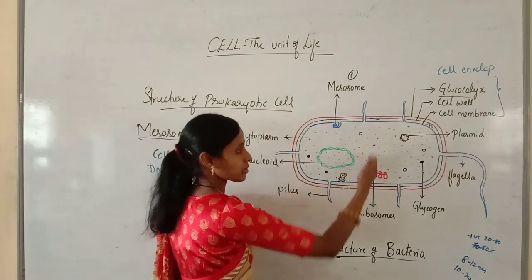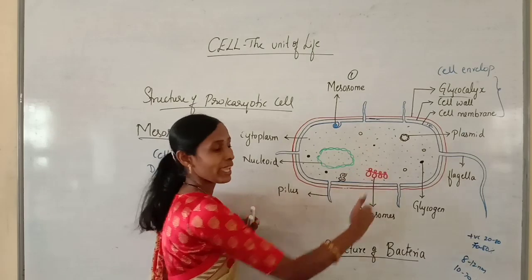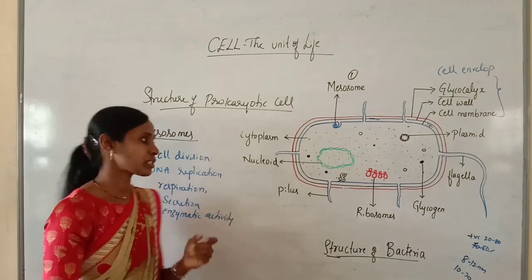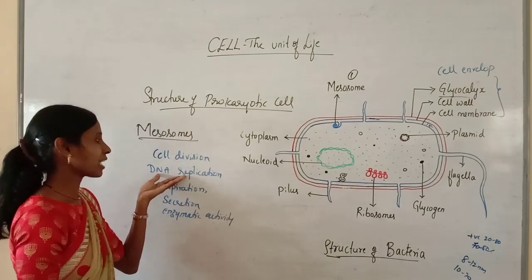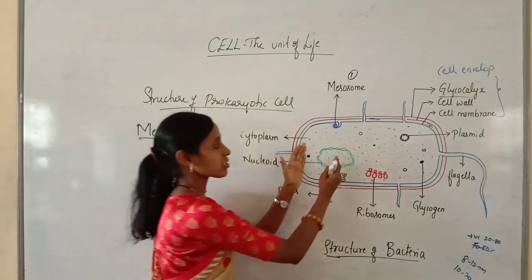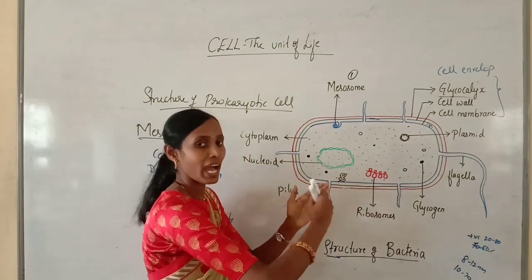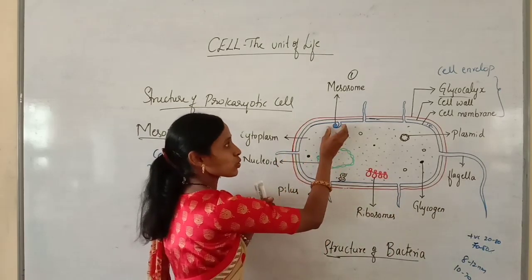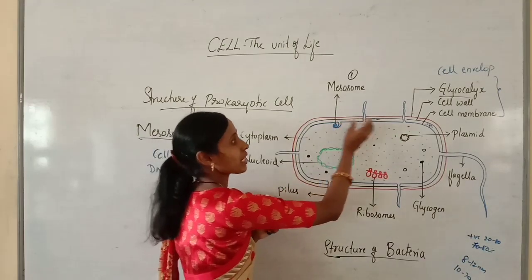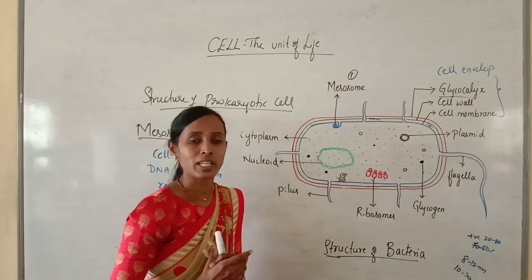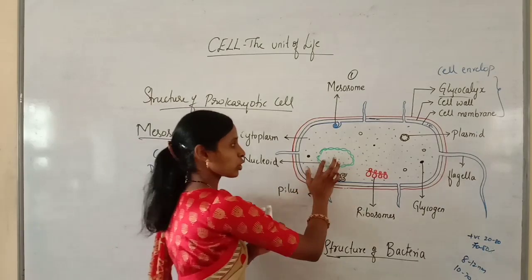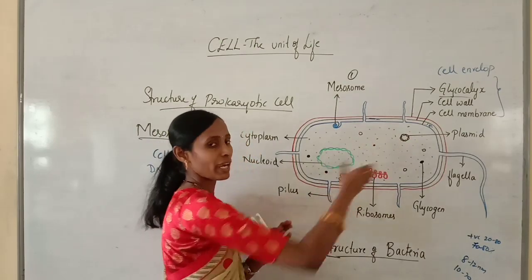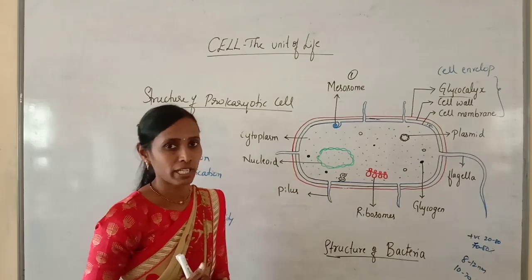At the time of cell division, the cell divides here, and again they help in new cell wall formation. So they help in cell division and also in DNA replication. This is the genetic material, which must be replicated or duplicated. Before the duplication of this genetic material, it attaches to the mesosome. Later the mesosome gets replicated, then the genetic material is also replicated. So before the replication of genetic material, the mesosomes will be duplicated, and then it provides another copy of genetic material.